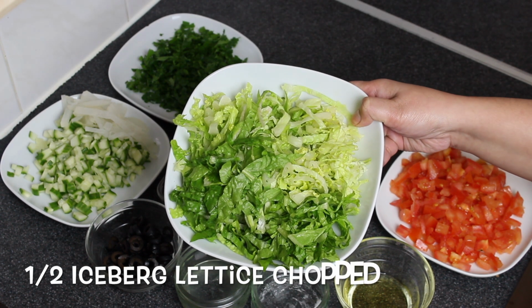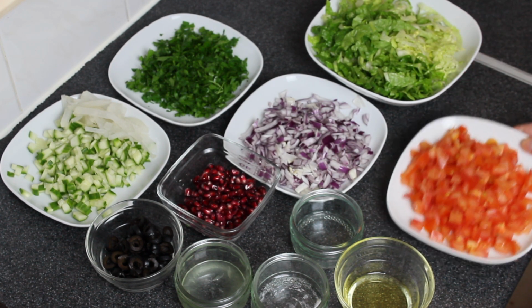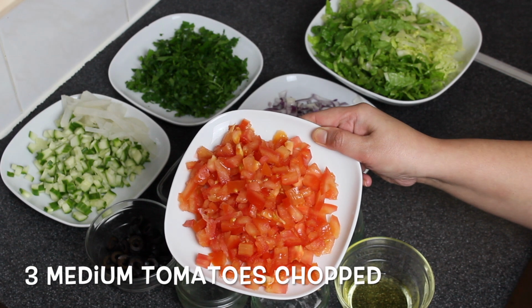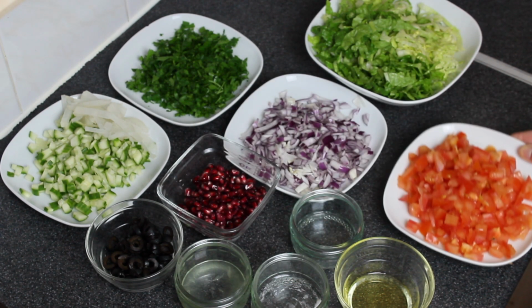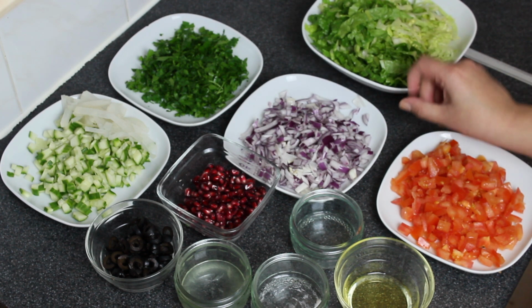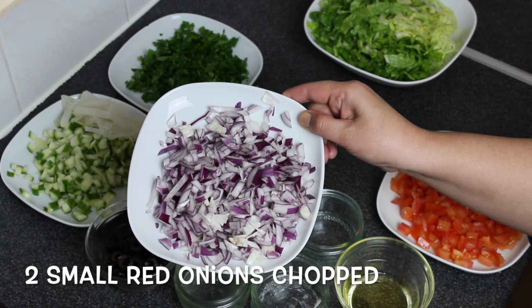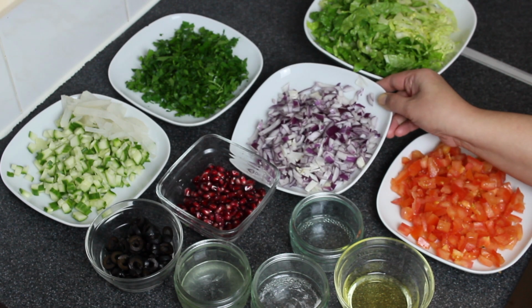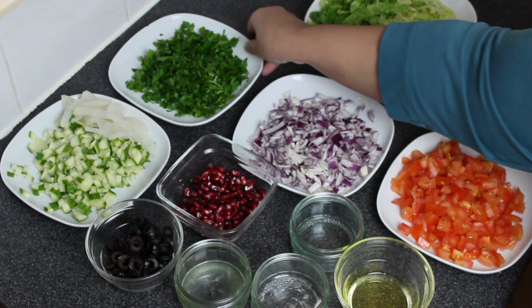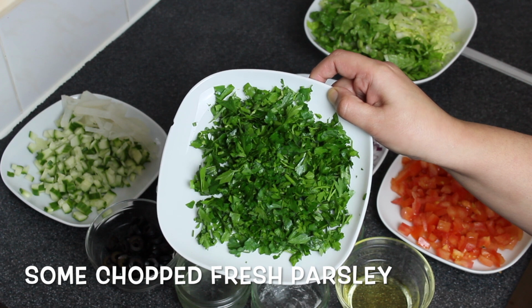Today we're going to show you how to make Turkish salad. So to do this we're going to need half an iceberg lettuce chopped, 3 medium tomatoes chopped, two small red onions chopped, some fresh parsley finely chopped,